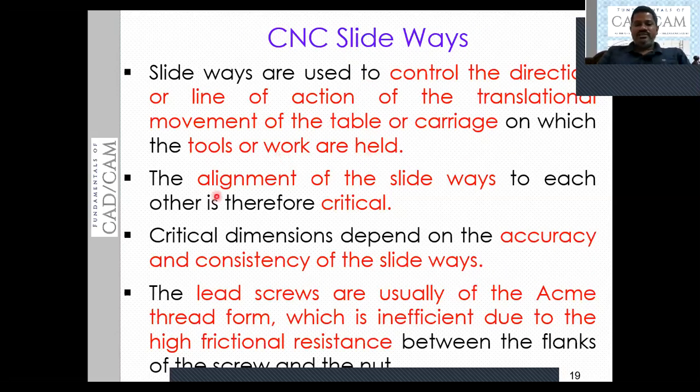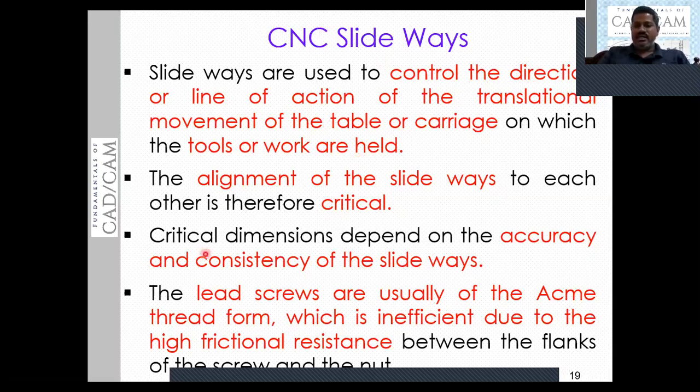So the alignment of the slideways to each other is therefore critical. That means whenever we expect accuracy on the workpiece, the movement of the tool as well as the movement of the table is crucial. So the slideways are very, very important to get accurate work.